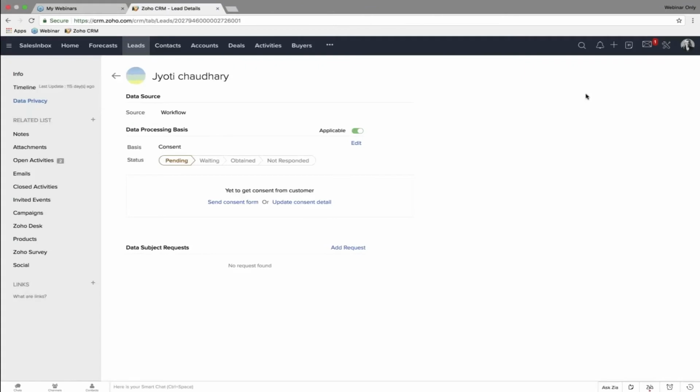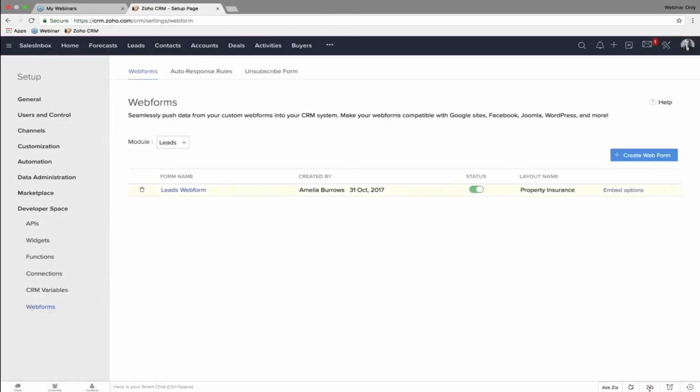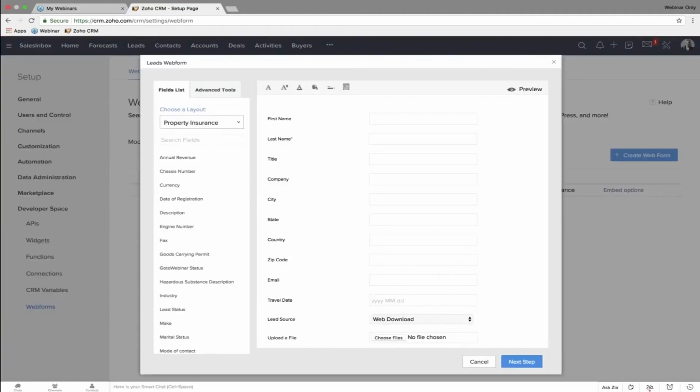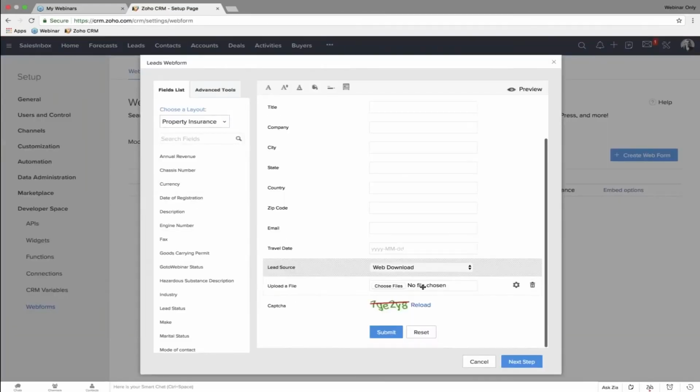So this form which you are going to send for the consent, before you send the form, we have been talking about the web form here, right? This is very important that when you are going to use the compliance for those regions, you need to make